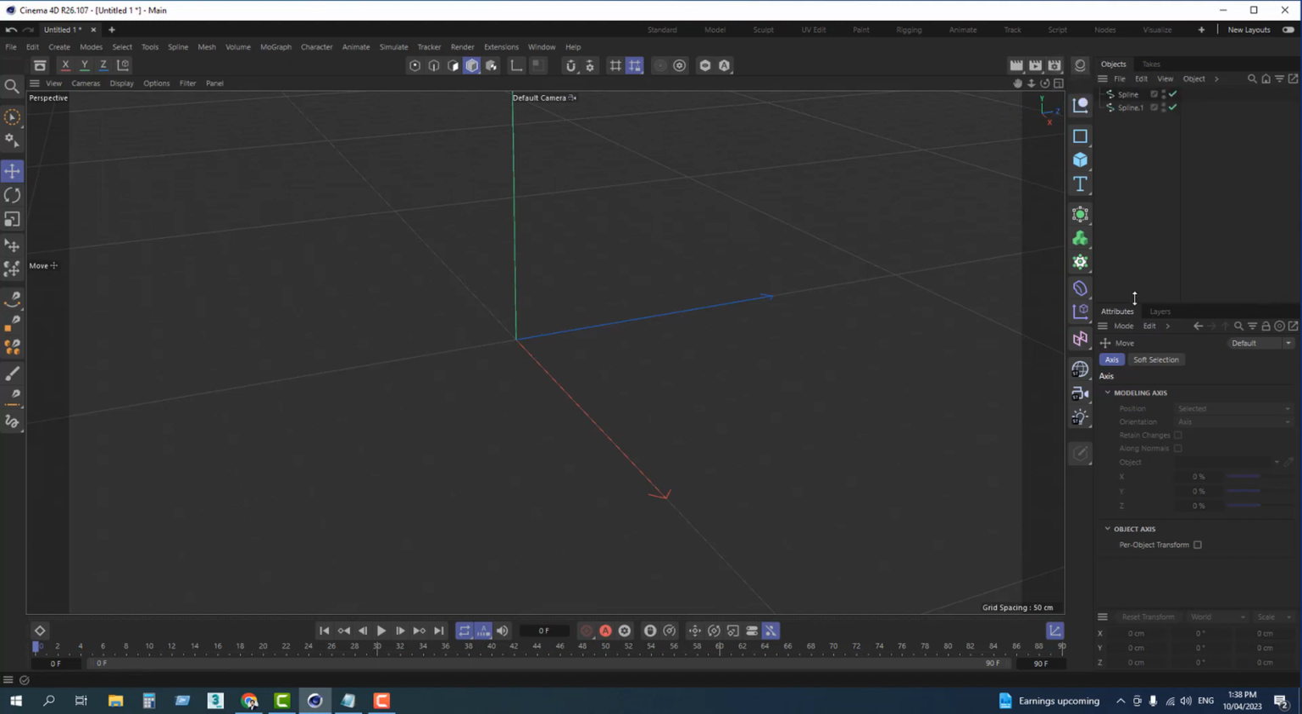and right next there is the objects manager, and at the bottom of the right interface there is the attributes manager along with layers, and at the very bottom, as you can see, there is the timeline, which is used to animate objects in Cinema 4D, and on the very left side there is a toolbar, which consists of move, rotate, scale, and so on and so